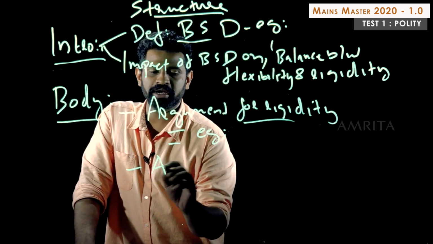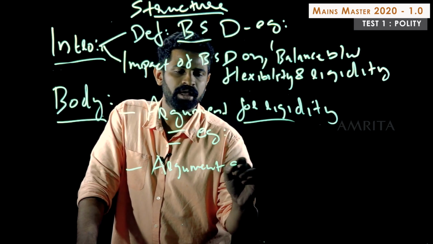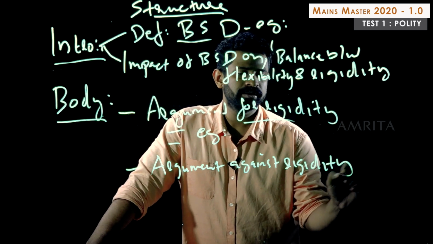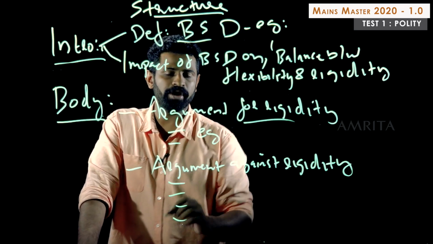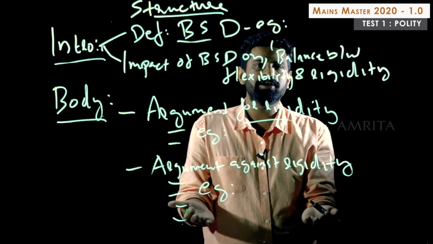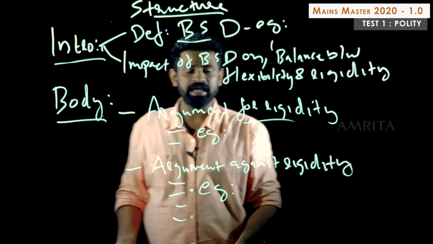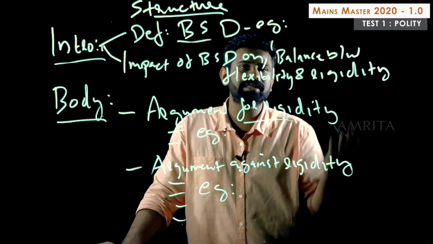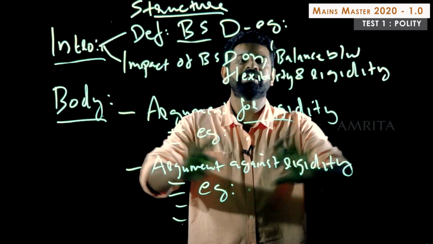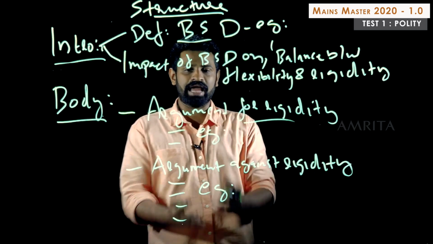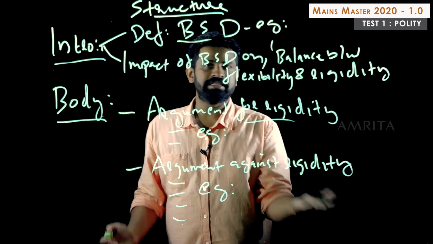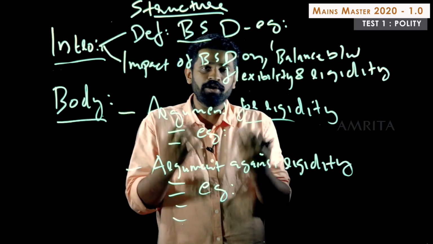Then you move to argument against rigidity. Right? Here you should have 3-4 points with examples. So a logical conclusion that should proceed from these two approaches would be that overall it is more flexible rather than rigid, or in other words, basic structure doctrine has brought in small rigidity but enough flexibility. That is the tone you can get, right? So that any logical person would draw like that. If you have 2 arguments for rigidity and 4 arguments for flexibility, then overall it's flexible. So that's a conscious choice we are bringing, right?